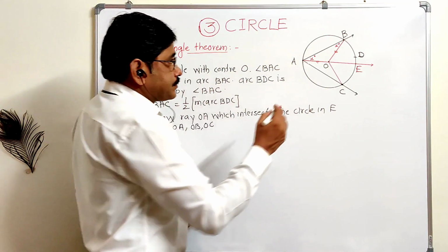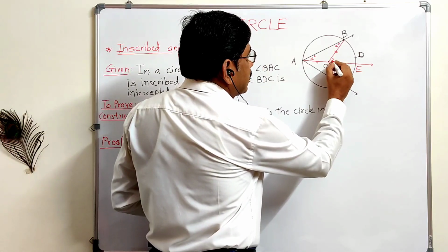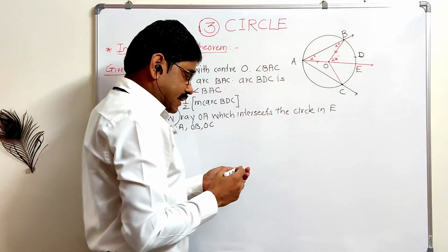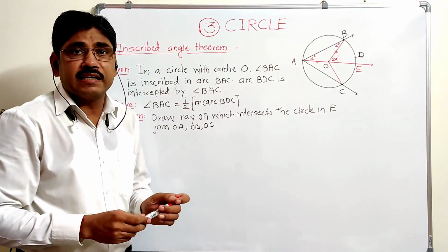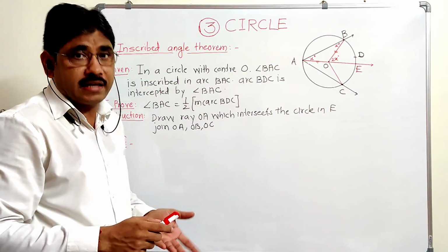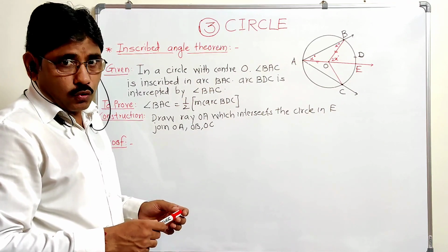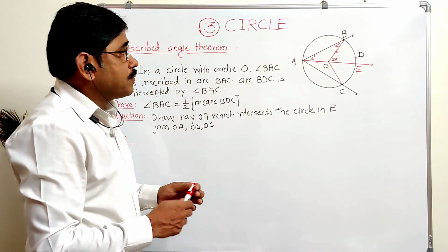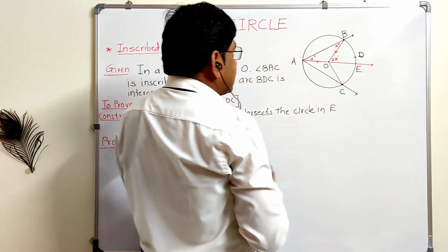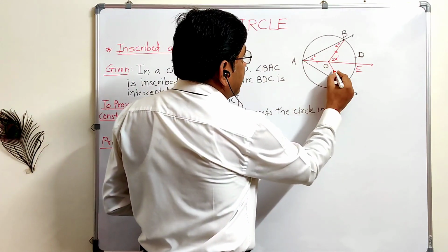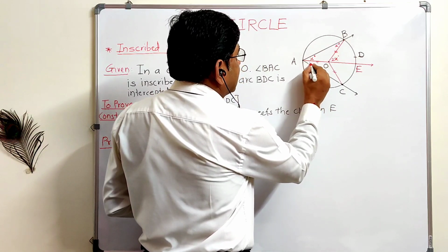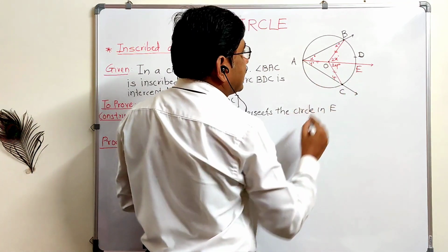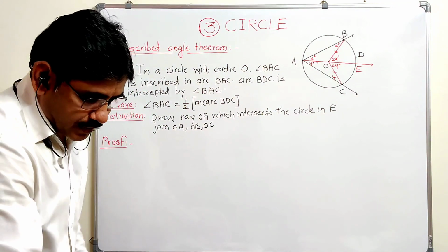So what is that remote interior angle theorem? So here this is the exterior angle BOE, with remote interior angles. The measure of the exterior angle is equal to the sum of the remote interior angles. Now in triangle AOC, same concept. OA equals OC, therefore let the angles be y degrees, this y degree, so this becomes 2y degrees exterior angle. Now let us see the proof.